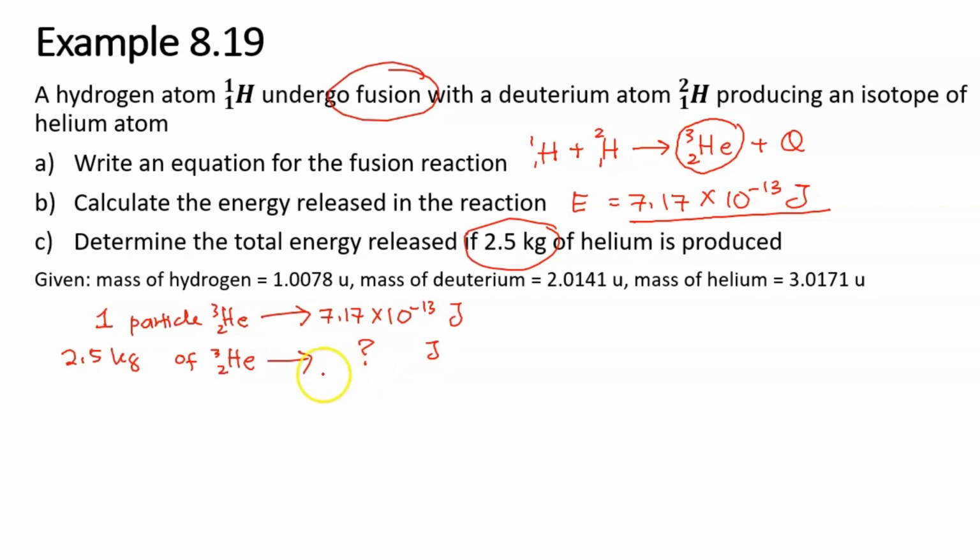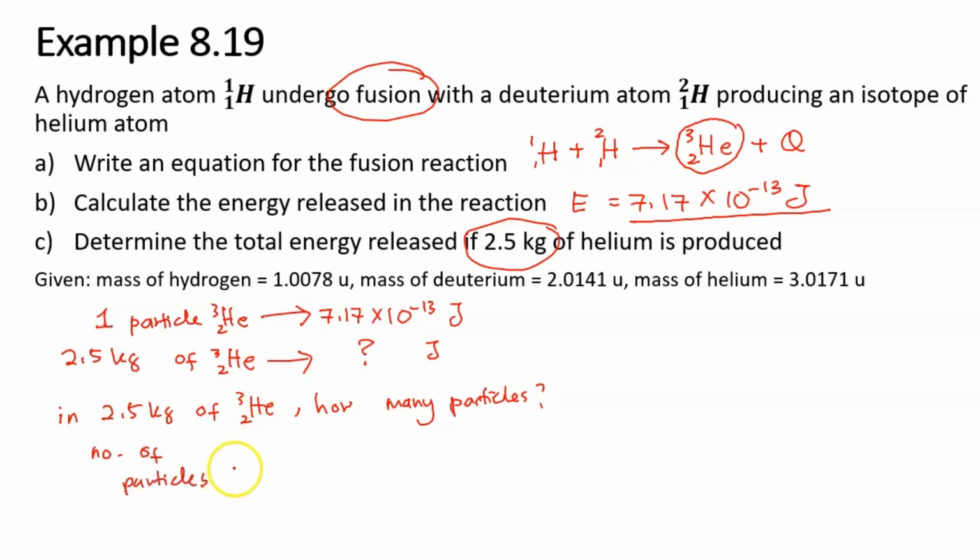What we need to do is find, in 2.5 kilogram of helium, how many particles there are. Because the first ratio said one particle of helium releases 7.17 exponent negative 13. So for 2.5 kilo, we have to find first how many particles are in 2.5 kilo, then we can multiply with the energy earlier. So to find the number of particles